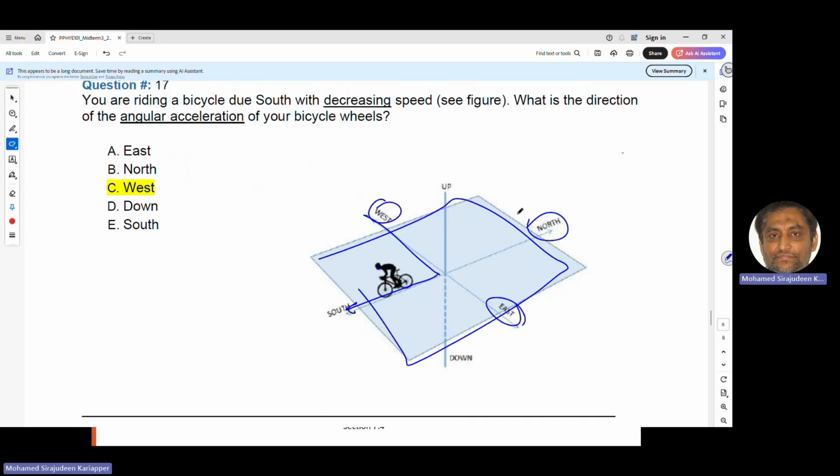That is the right hand rule. If something is rotating like this, this wheel is rotating like this, right? You are going south, the wheel is rotating like this, so it is my left hand direction. If you are going south, my left is east. Always better to draw a sketch, a figure, otherwise you